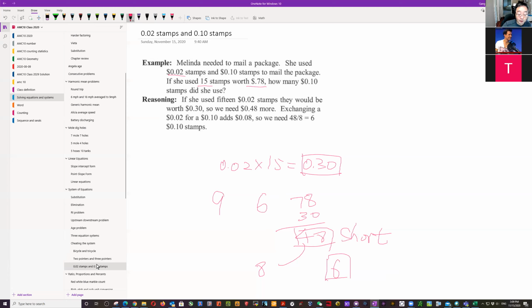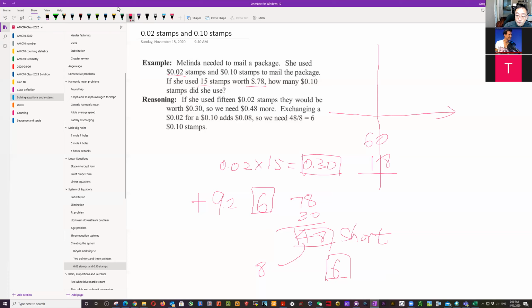You can also double check: 6 10-cent stamps is 60 cents, plus 9 multiplied by 2 equals 18. So everything adds up. Basically, this type of problem is deeply rooted in a quintessential problem of math and its diagram. Let me explain this trick